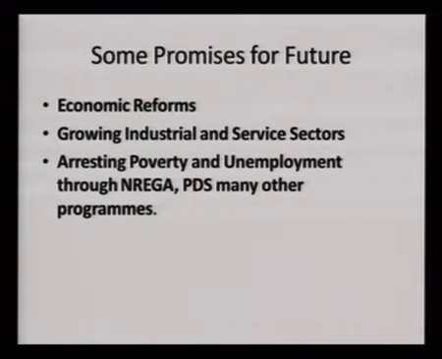So we are trying to arrest unemployment now through a scheme called National Rural Employment Guarantee. So guarantee program or act. That act was passed in the parliament. It provides you guarantee of 100 days employment at least. Once an act is enacted, now it is the duty of the government to help you get 100 days of employment. This is some very good development, you can say, in recent years of the government.